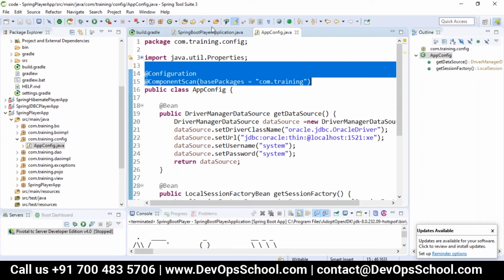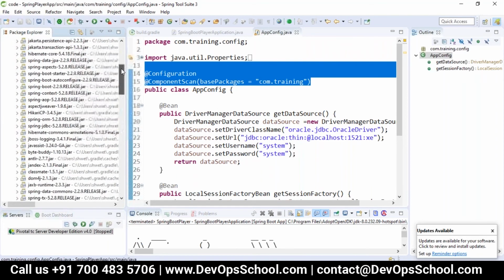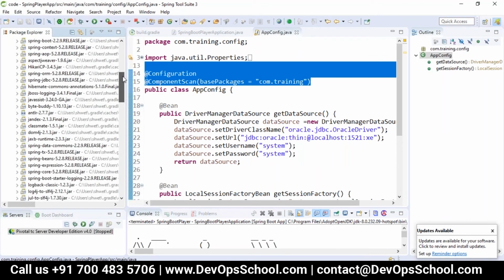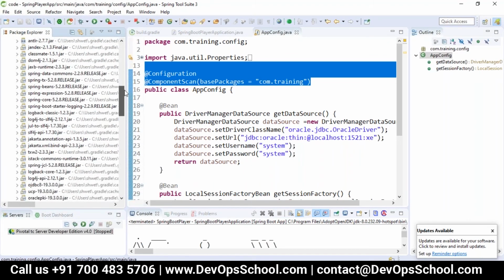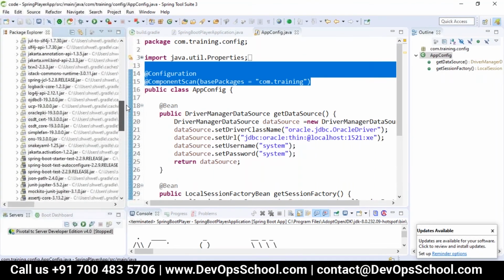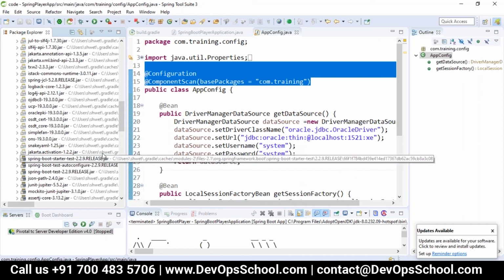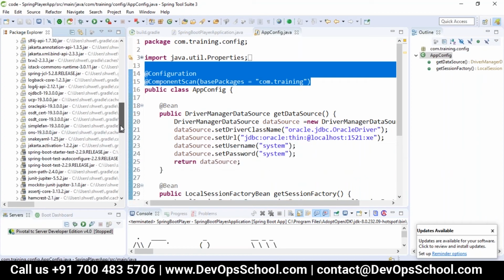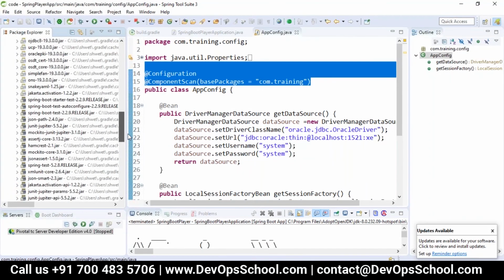If you look at the project's external dependencies, you can see the Spring Boot auto configuration jar file. You can see Spring Boot test autoconfigure, which is for test auto configurations. In the same way, you have Spring Boot autoconfigure also.